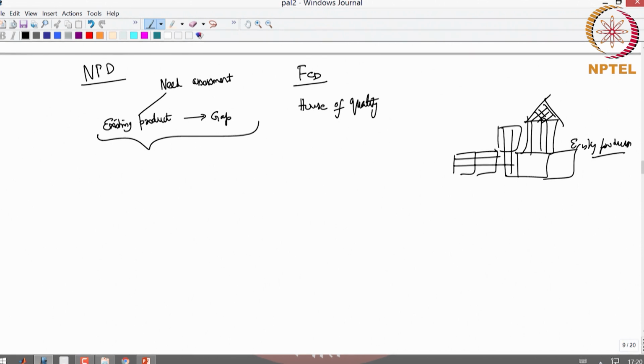Then potential market. Let's say there is a market. You went to KPMG, and then KPMG said that there is a market for this, so you are ready to invest. These days these are done by your funders, you don't need to worry about it. Whoever is going to invest in your company will do that for you. Now after that, let's limit this to the product design life cycle.